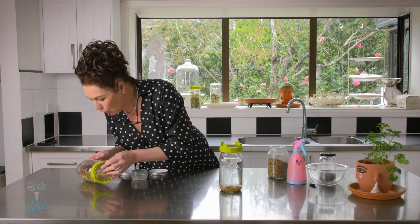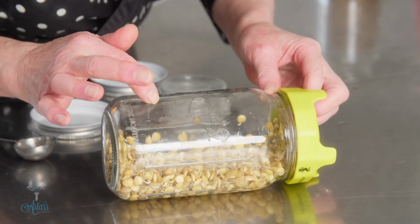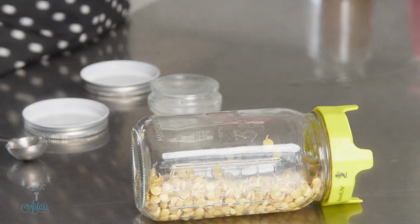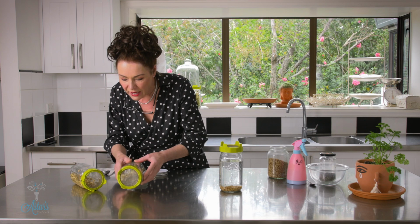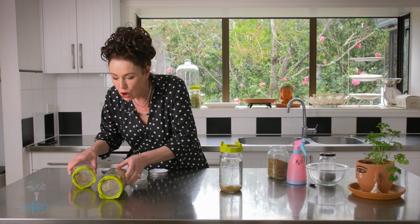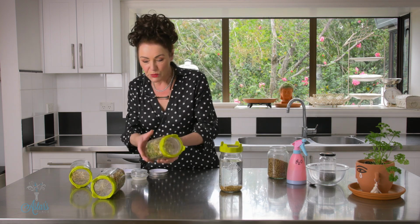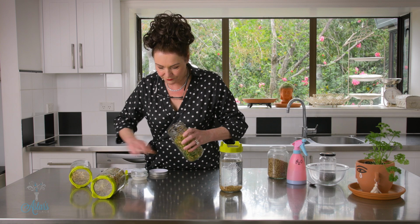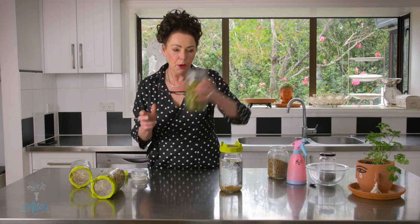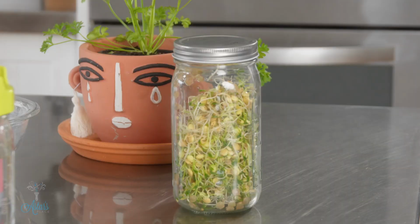Look in here. Look at the yumminess and the goodiness of all of those little wee things that are sprouting. Very excited. I love it. Now this one here is just mixed seeds. I did that 2 days ago, and look how much I've got. And that's what they look like a week after. And you just take this off. So exciting. Put it in the fridge and just knock yourself out with lovely